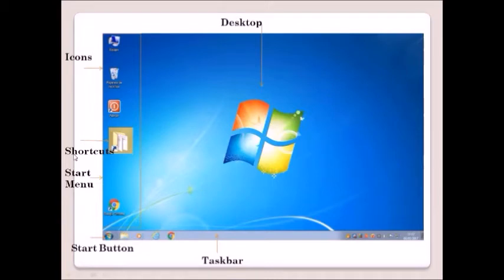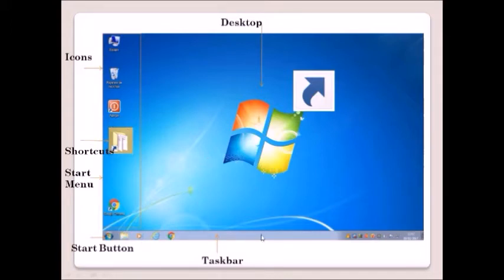Then the shortcuts. A shortcut is a link to a file, folder or program that can be stored at some other location, meaning the whole data can be stored elsewhere. Shortcut files and folders are represented by an icon having a jump arrow. Look here, at the lower left corner, it indicates a shortcut folder.